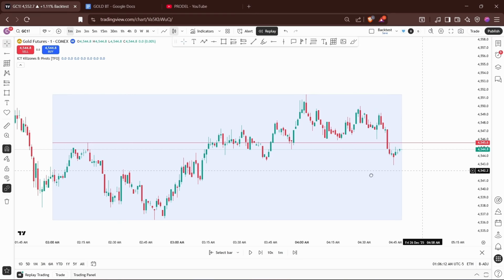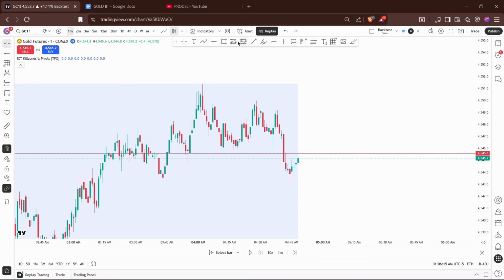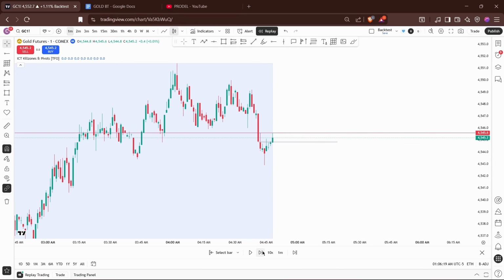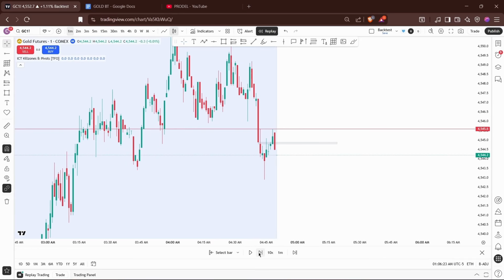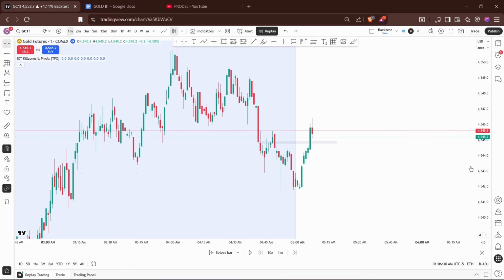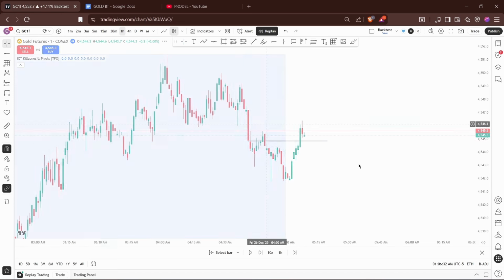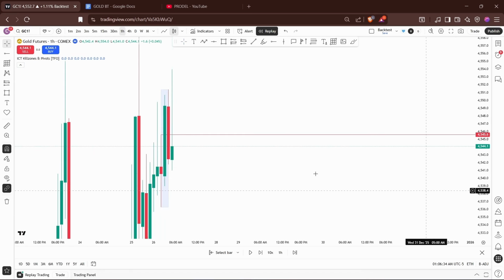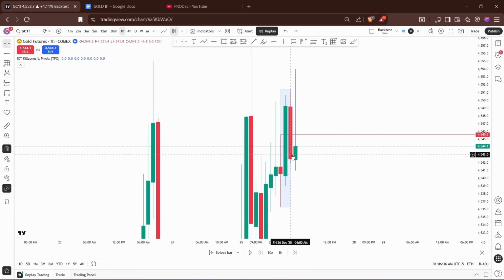It reached to our level. Let's wait for the market to form inverse FVG and then it's forming inverse FVG, and let's wait for the market to close above the PY. Let's wait for market to close above the PY. And here we can see it closed above the PY, and yeah, there is no entry because it's closed below